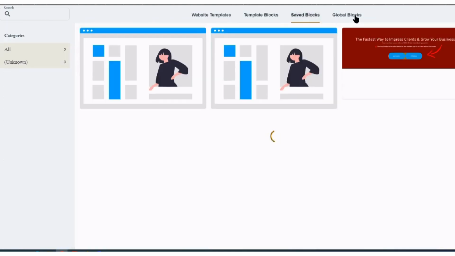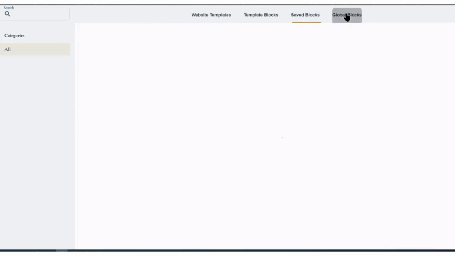And if you have global blocks, which just means blocks that you use on every single page of your website. I don't have any global blocks here, that's why you don't see anything here. But you can always create a global block. And if you are curious about how to save templates, blocks, or create global blocks, please stay tuned